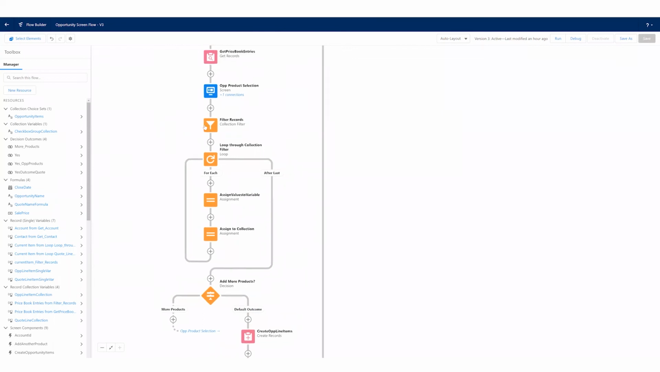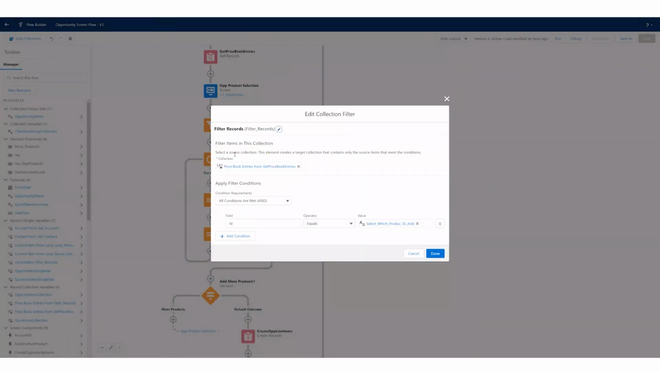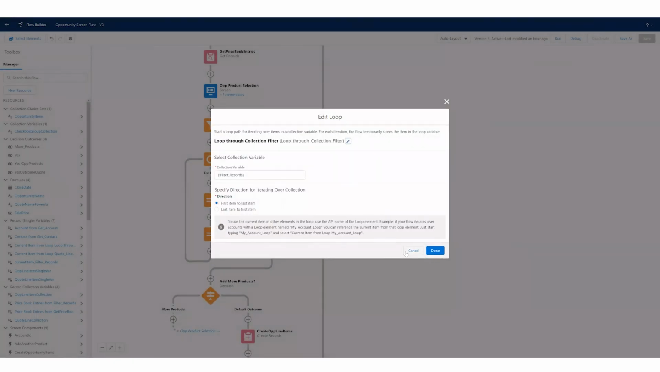Now, this particular process here, we're using firstly a collection filter. So what we are doing here is we are filtering the collection, which is our price book entries from our get price book entries. We're using the ID that's been selected in our screen and selecting which product to add. That then is stored within a collection variable, and then we use a loop element. Now, a loop element allows you to go over a collection of records one by one. This is really helpful for when you're creating multiple records or you're wanting to make updates to a number of different records within that collection,